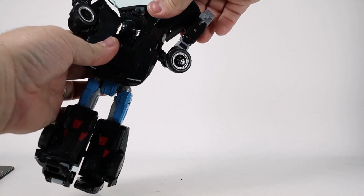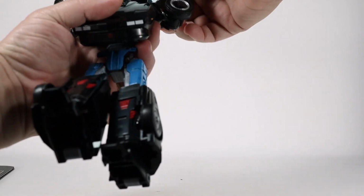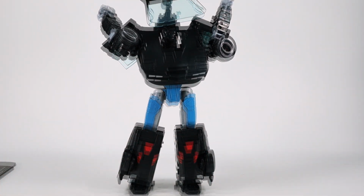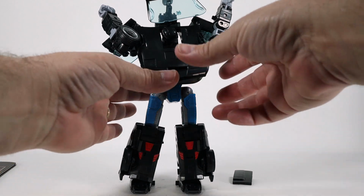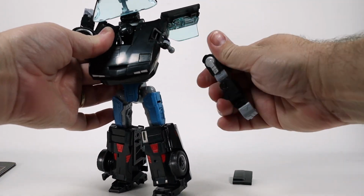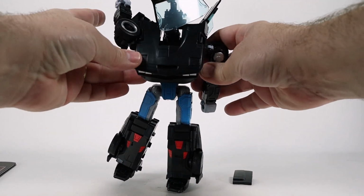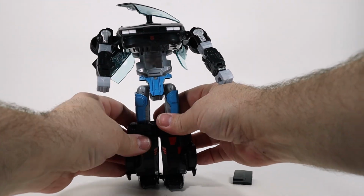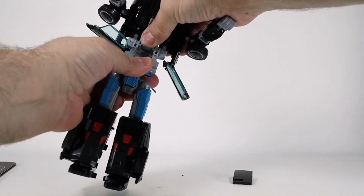So, oh, the doors rotate. Do something fun and fancy. I'm having a bit of a struggle. Hang on. Not knowing exactly how important this part that I just flicked off at me is, I decided I better go and grab it real quick. Man, yeah, that arm's having some trouble. So, this kind of looks like the gist to me. I just got to figure out how in the world...